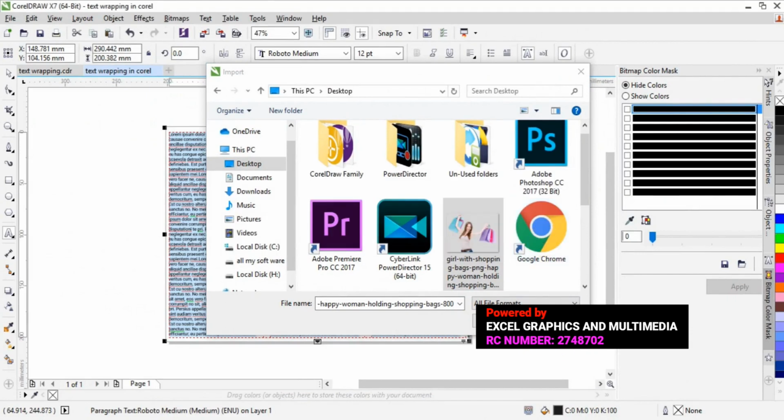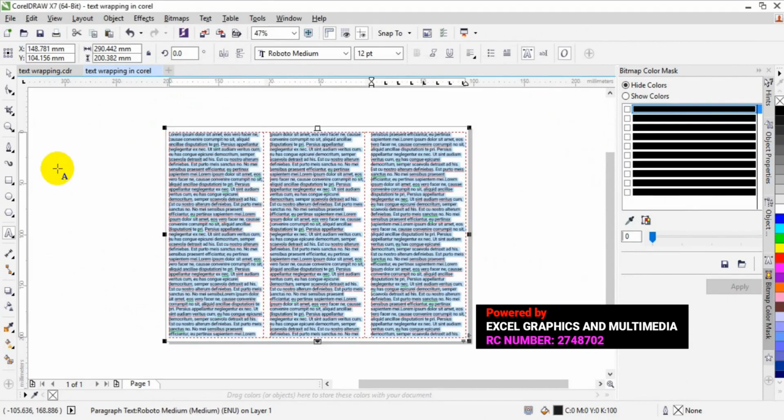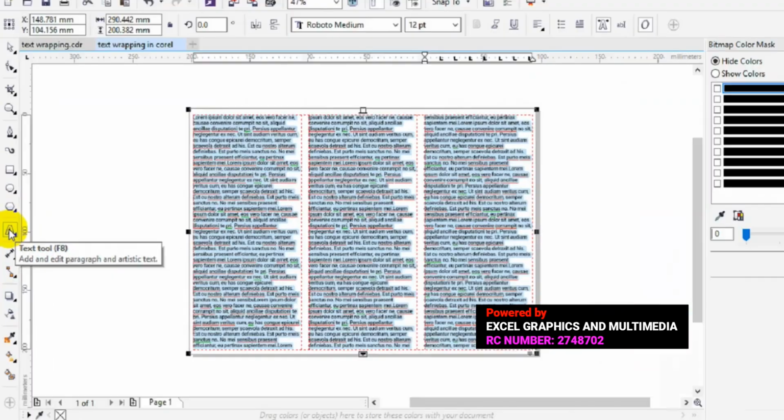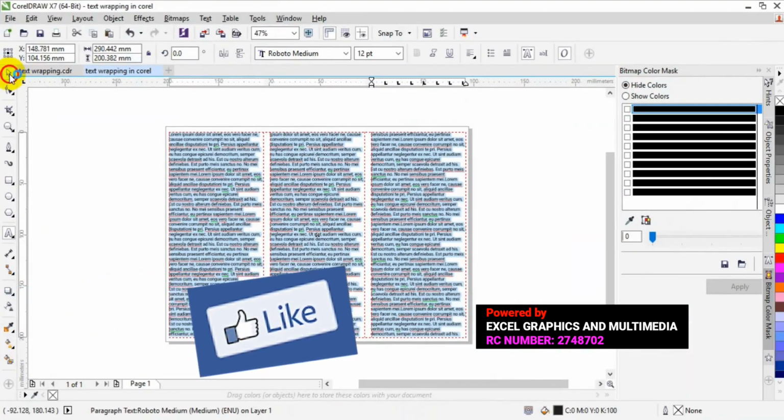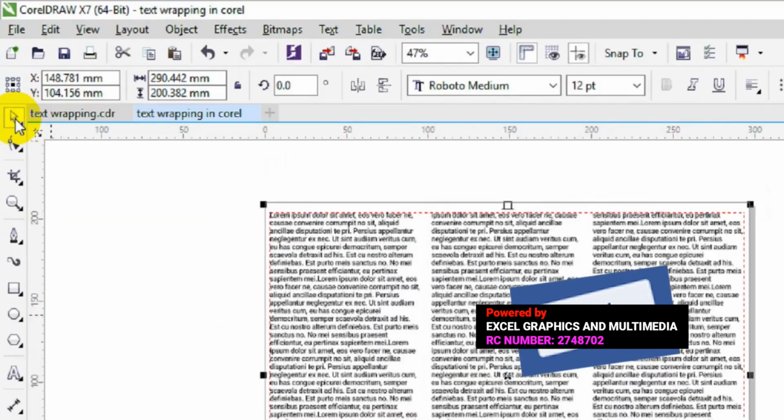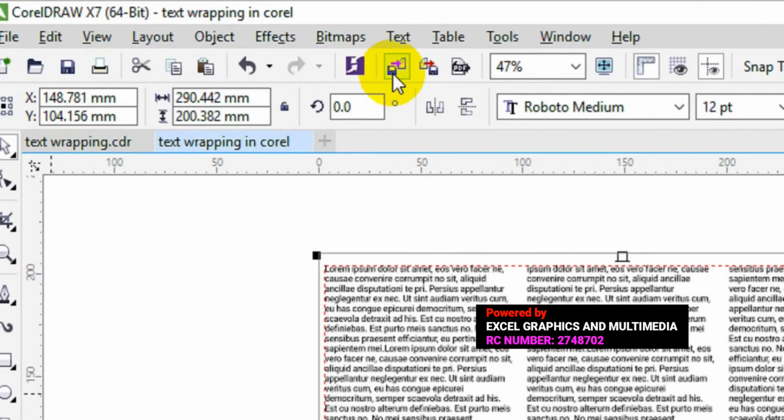Okay, there is an error here. The reason why my picture refused to import was that I'm still working with the text tool. So to solve the problem is a very simple thing. All you have to do is to go to your pick tool. Having selected your pick tool, you can go to your import